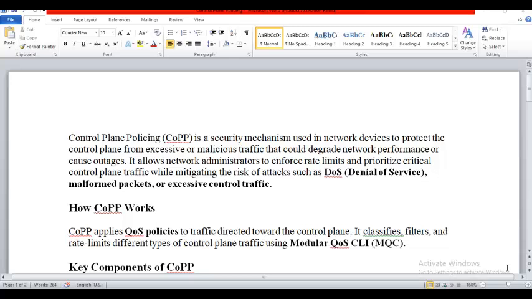We are going to limit them so that no protocol will go and grab the entire CPU and make the other protocol suffer.